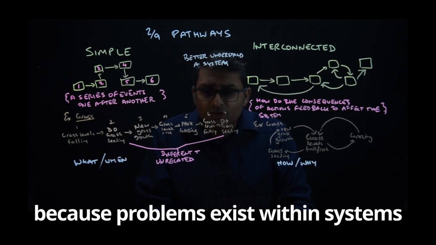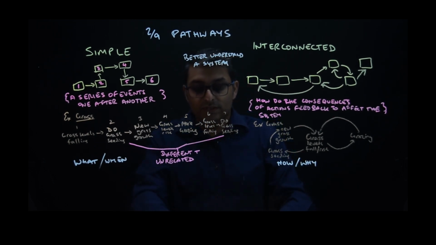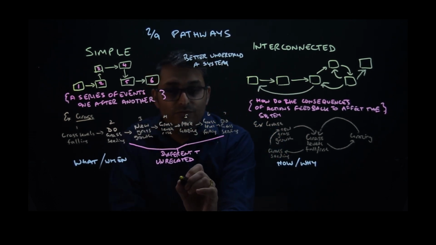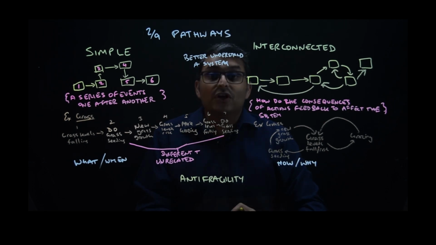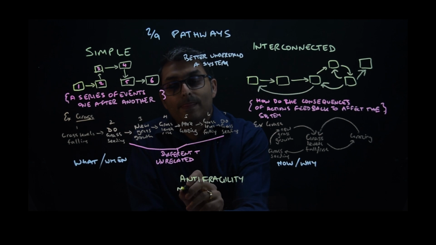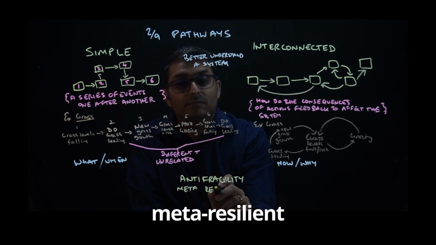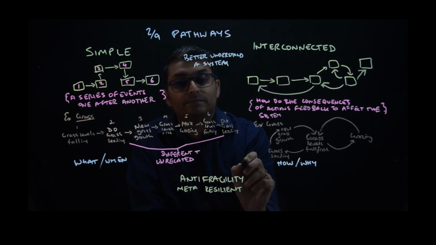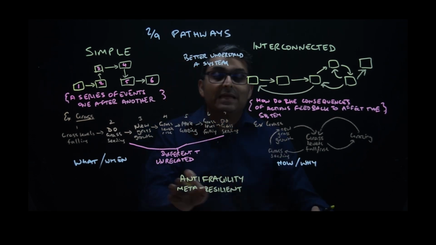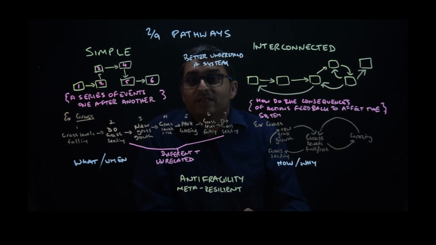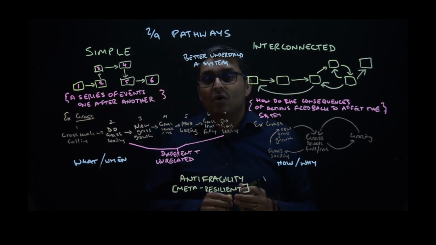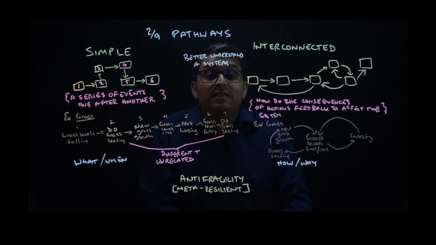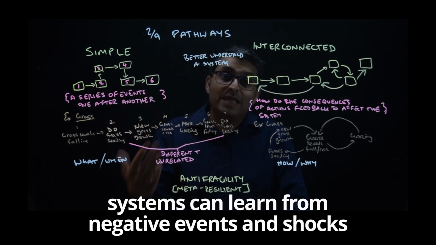Finally, I want to introduce a fancy term called Antifragility. Antifragility, or antifragile, means something is meta-resilient. So you've heard me say the words metacognition, meta-probability, and now a new one, meta-resilient. All this means is that systems can learn from negative events and shocks,